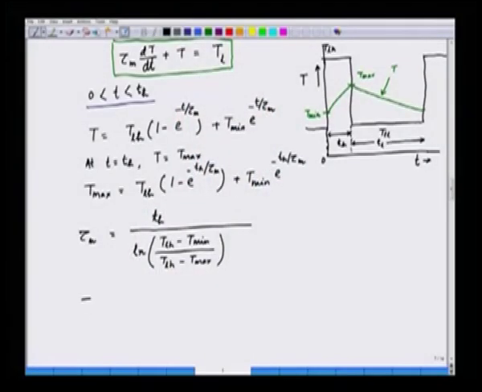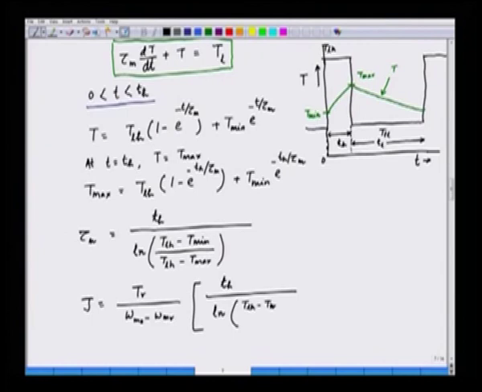The moment of inertia J is equal to Tr by omega m naught minus omega mr, into the above expression Th divided by the natural log of TLH minus T minimum by TLH minus T maximum,